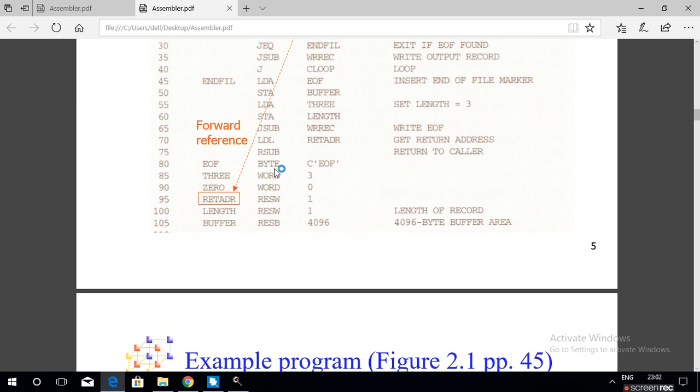This instruction will reserve 1 byte of data area. Next, the character EOF will be assigned to the data area, and the symbolic name EOF will be assigned to this constant character data.